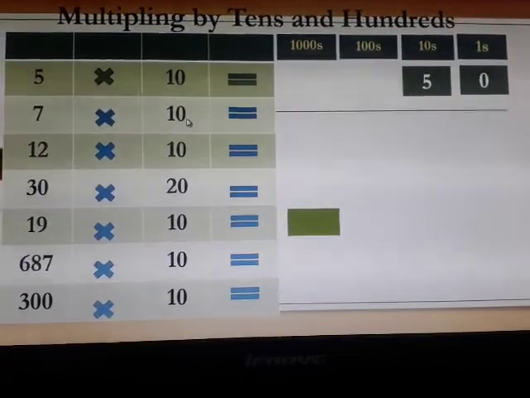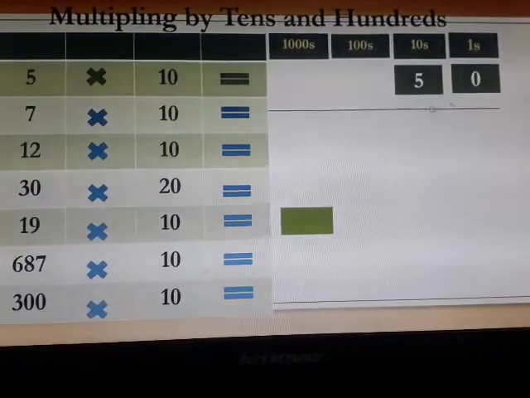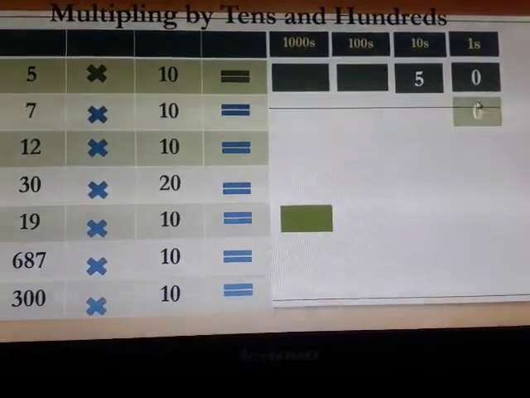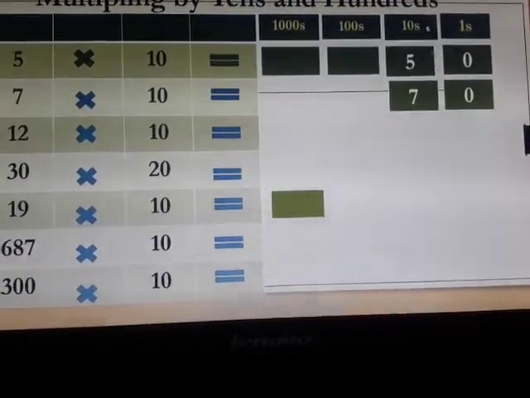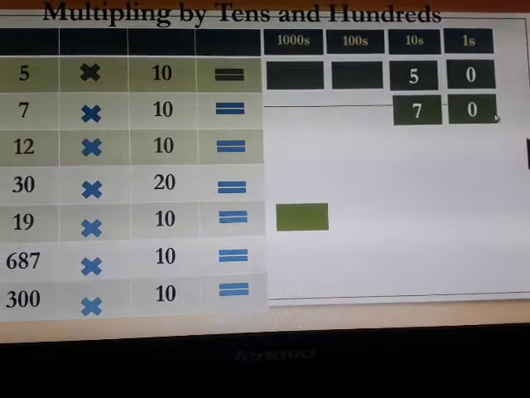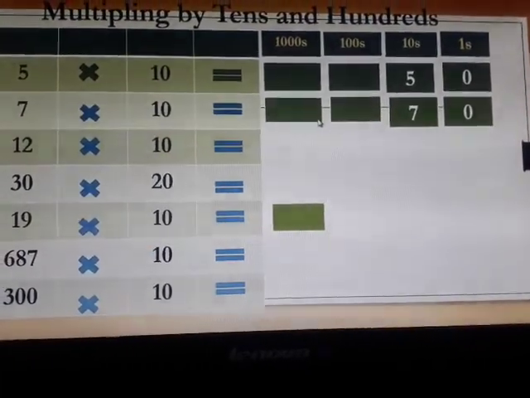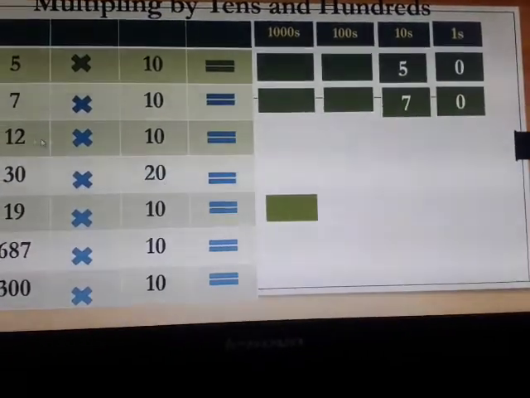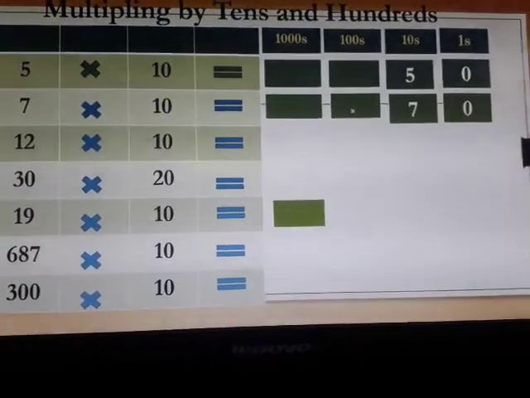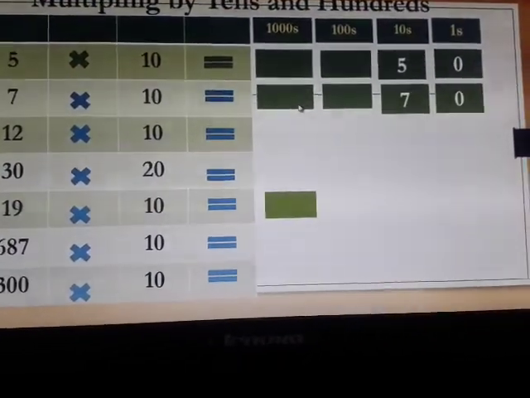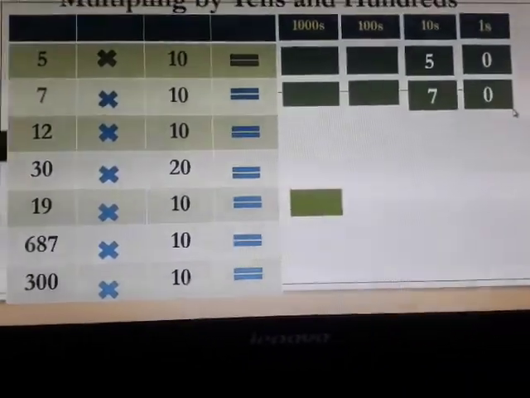Now 7 multiplied by 10. How can you write this? Yes, in the similar way, this 0 just put at the ones place and 7 ones are 7 at tens place, means 70 will be my answer. Yes, these hundreds and thousands positions will remain empty. No need to write any number. 0 you can write, but no matter whether you write that 0 here or not, the value is 70 only.